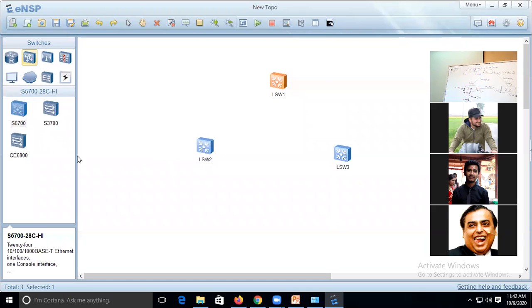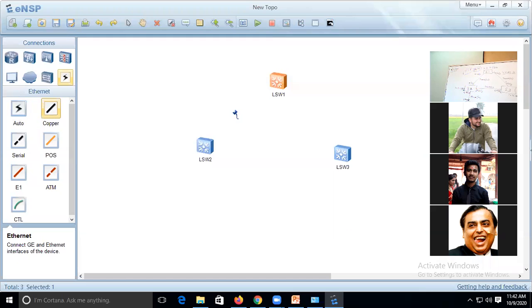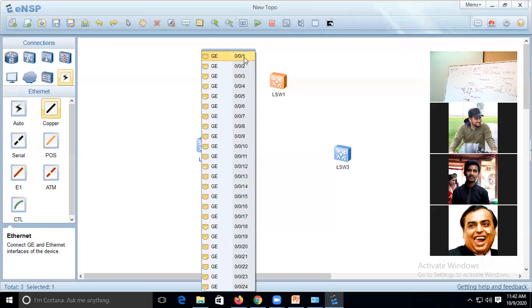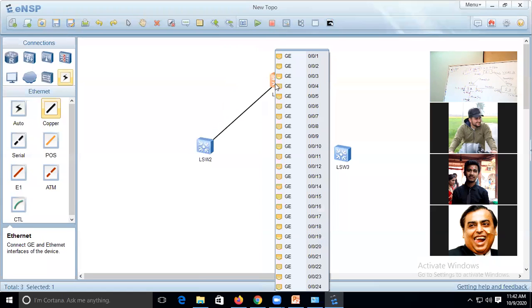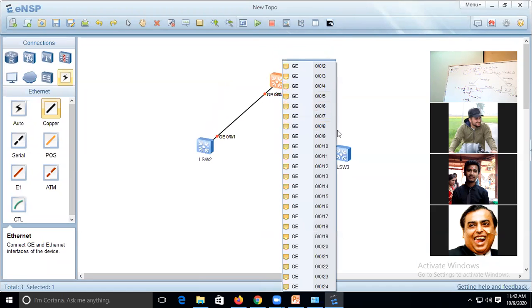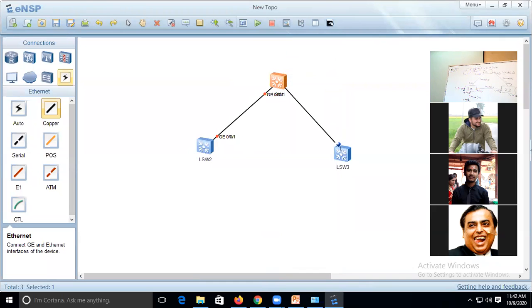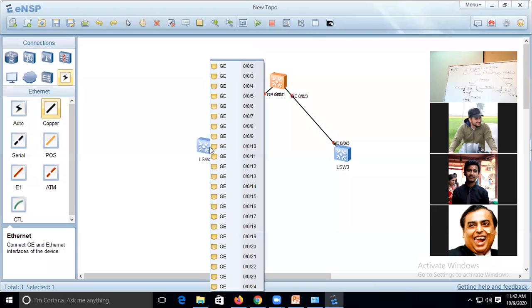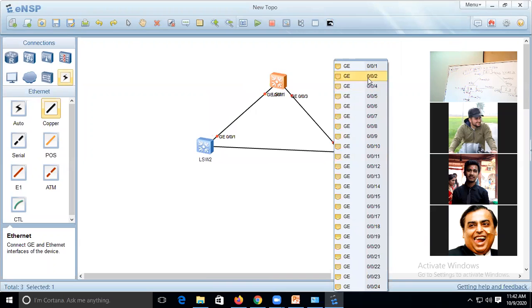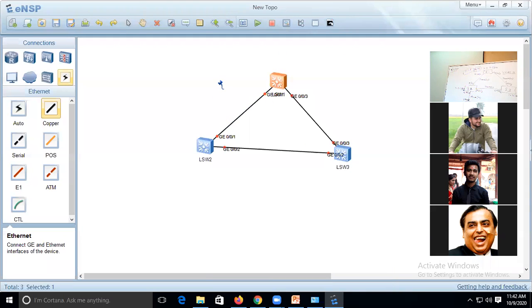Switch 1, switch 2, switch 3. For the internet connection between them we are using copper wire. That is G0/0/1, which we detected, and this interface is set to speed. From switch 2 to switch 3, that is DWD connecting 1 and 2. Just press the escape key and